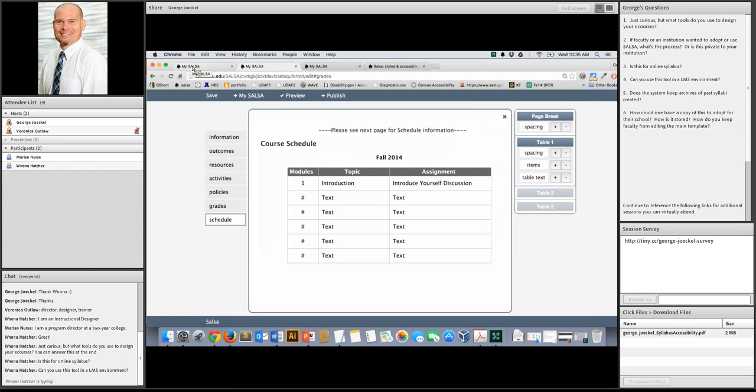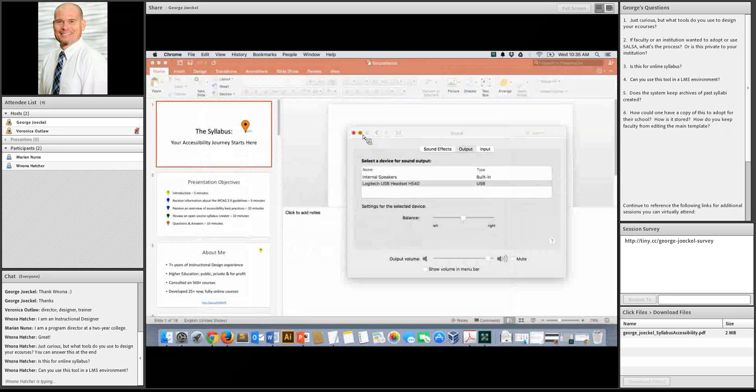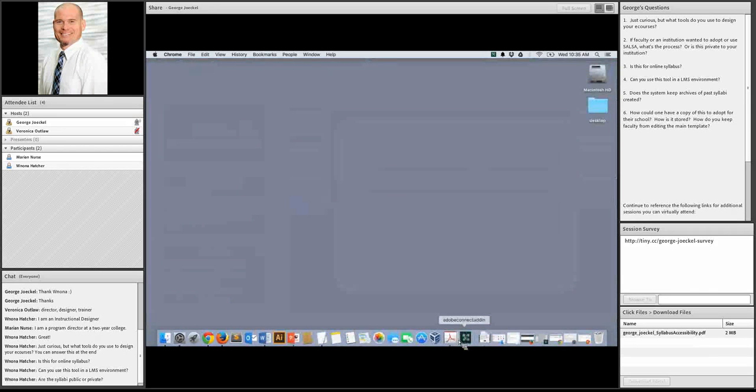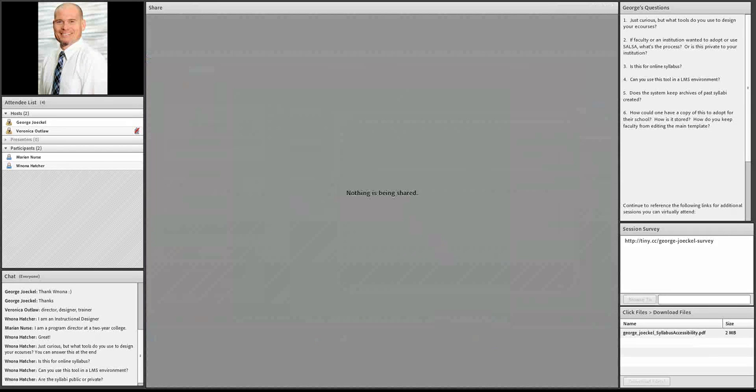So again, we're encouraging people to keep this pretty high level. If you're not using weeks, if you're using modules, you could change these different headings here. But again, as far as accessibility goes, we have the proper markup on these headings, and you could see that when we run it on the Wave tool. There were no errors. So let me open this back up. Stop sharing that. Let's get to some of the questions that we have here.